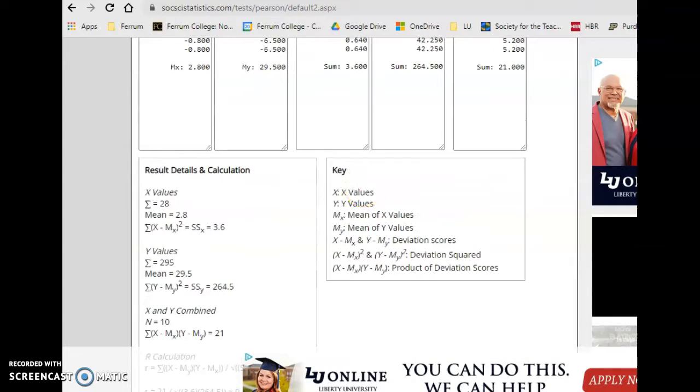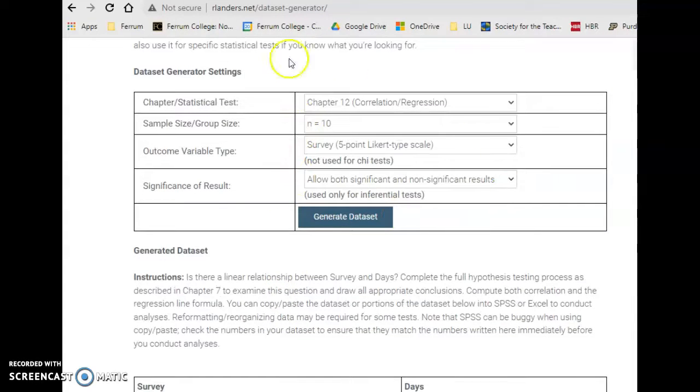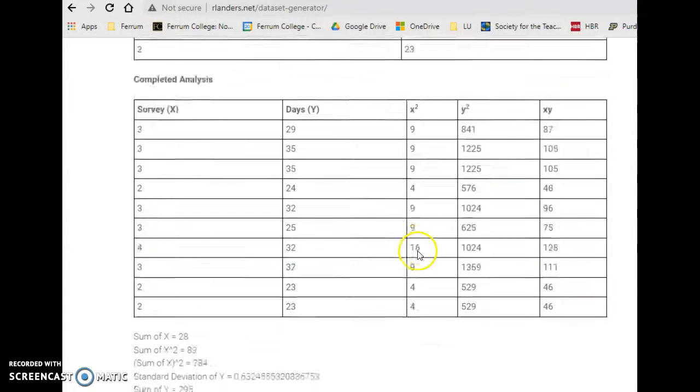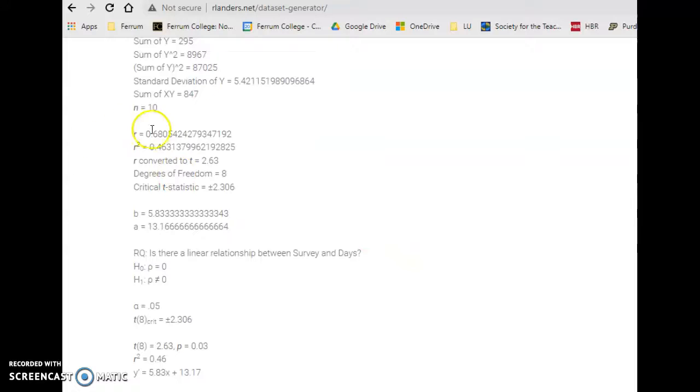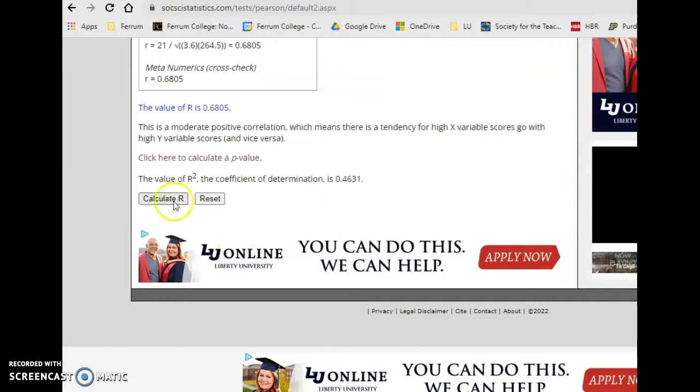So I want you to take a screenshot of your data set generator settings, your results, this right here with R, and then over here on your Pearson correlation coefficient, I want the XY values and the value of R. So it's 5 things that you are going to take a screenshot of, put them on one Word doc, and